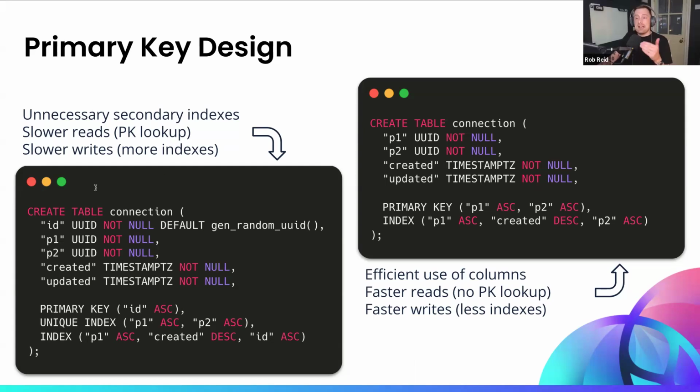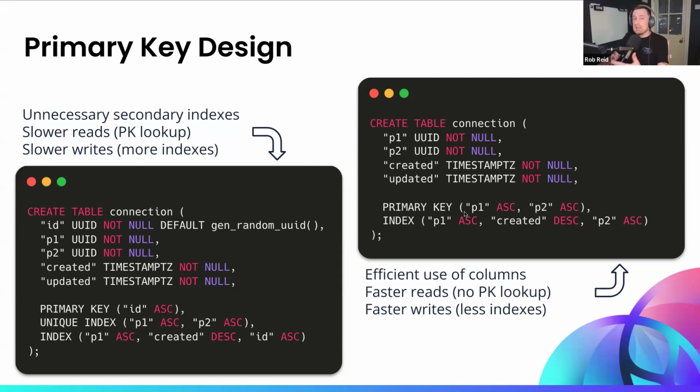On the left, we have a synthetic primary key and an index to make the graph connection unique. We also have another index for the query that we're performing. Now, if we ran a query against this table, we would see slower reads because an additional primary key lookup is required to fetch the required data of the query, depending on the query, but also writes would be slower because we have an additional, perhaps unnecessary index in there. On the right, we've adapted the graph connection to include both of the connections.